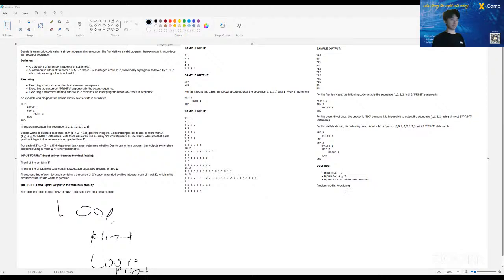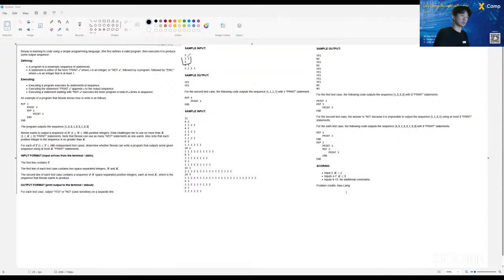number of print operations. So when you get a problem like this, you always need to try to do everything by hand first. You have to fully understand what makes something possible and what makes something not possible. So let's take a look at the samples we got. So sample one: two is the number of test cases, and then one is